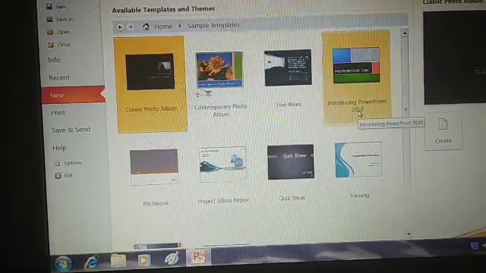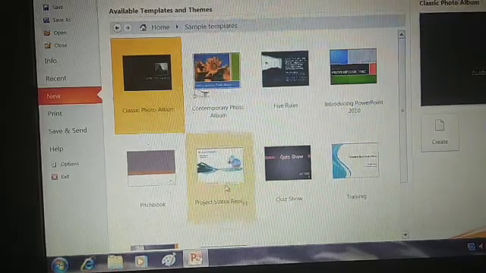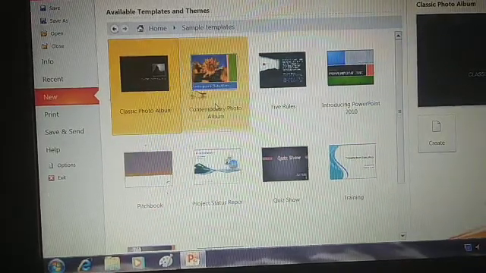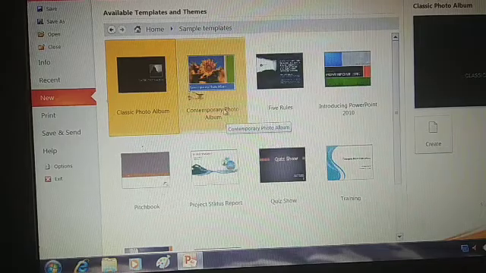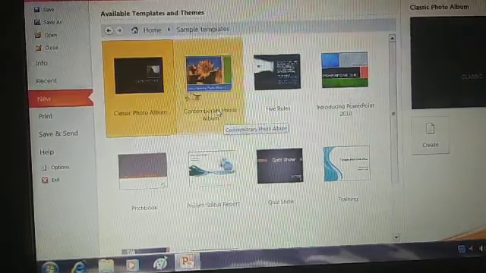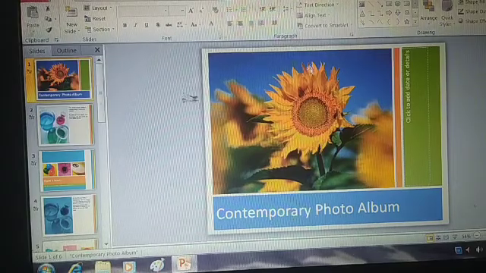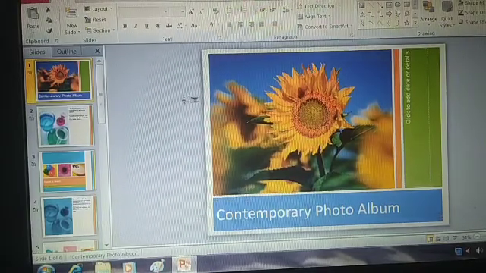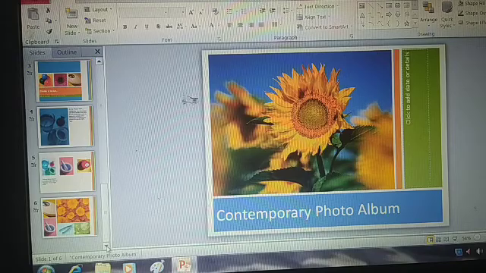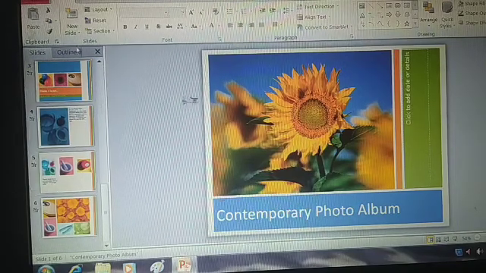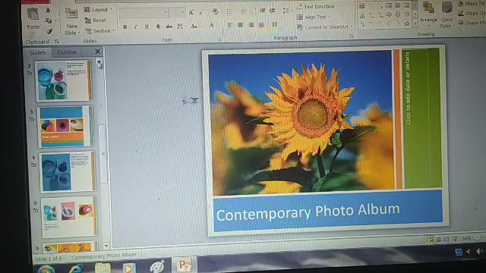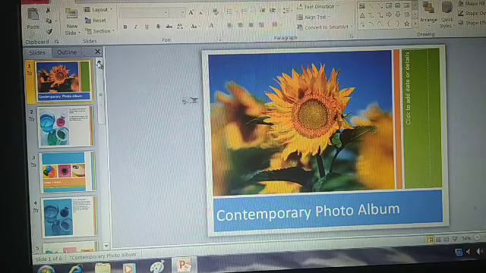Template means first of all you have to choose whichever you want. Suppose this one, contemporary photo album, you want to create a presentation using a template. So you can see this is a presentation. Understood? How many slides? There are already 6 slides, already prepared.